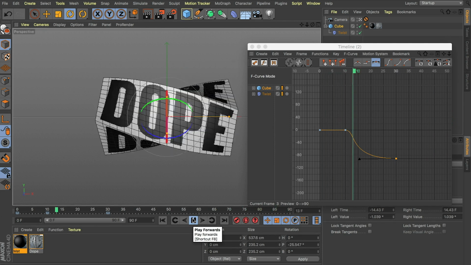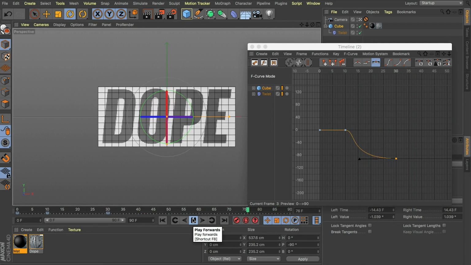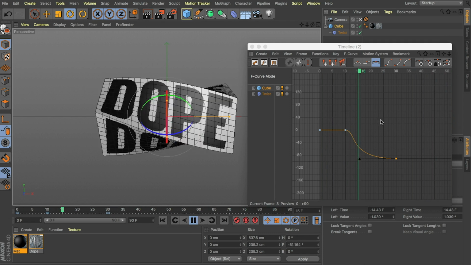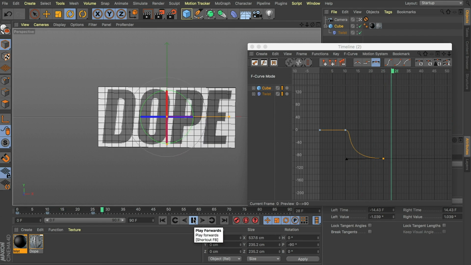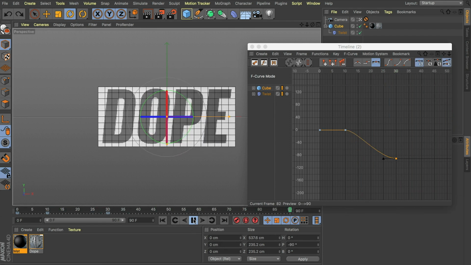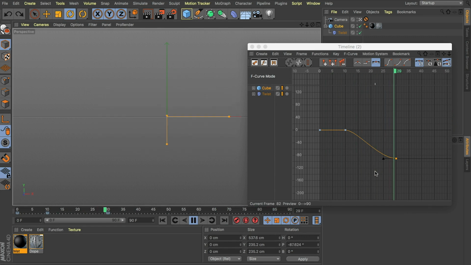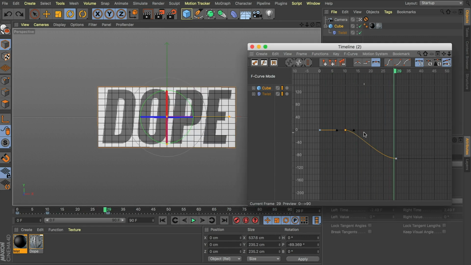That's not too bad. We could potentially pull that back a little bit closer. I'm not actually loving that animation. I'm going to undo that a couple of times to remove that handle. If we grab our keyframe at frame 10 instead, hold shift. I'm just going to increase our handle a little bit there. Let's have a look at that.